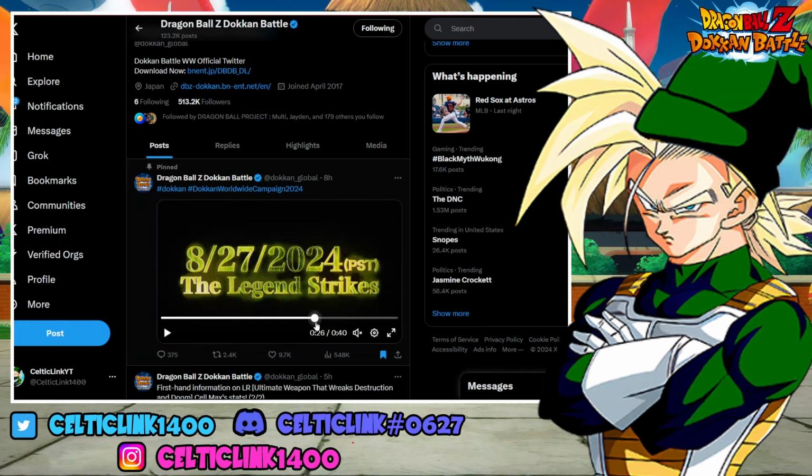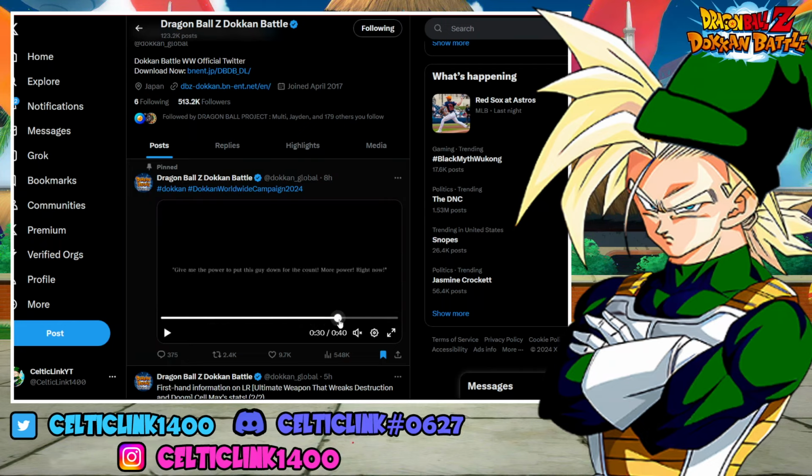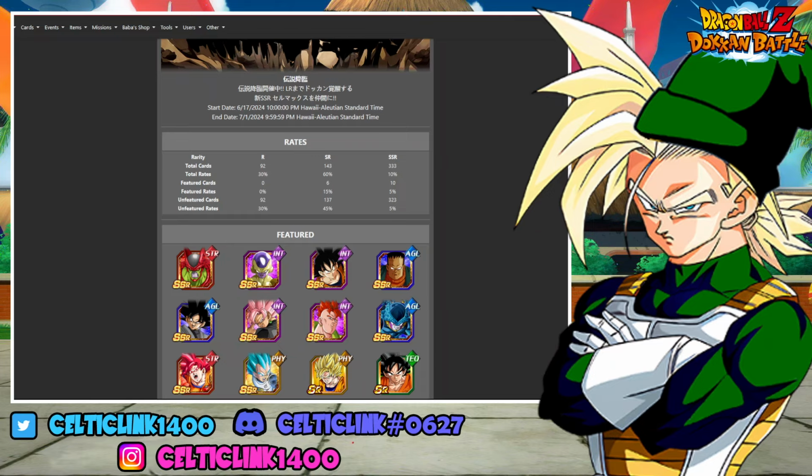If you guys saw it, the Legend strikes on 8/27/2024. This is Broly, right? We are getting movie 8 Broly for part 1 of the worldwide campaign, and judging by the quotes here, we're also probably getting a Super Saiyan Goku, right? "They give me the power to put this guy down for the count." That's Super Saiyan Goku's line from the final bit. So chances are we're getting Goku versus Broly for the first part of the anniversary, or not anniversary, for the worldwide. So that means any summons you do here on Cell Max's banner